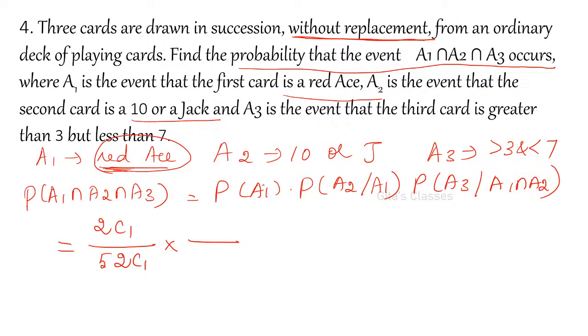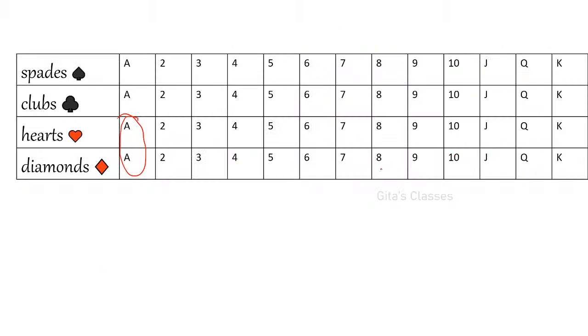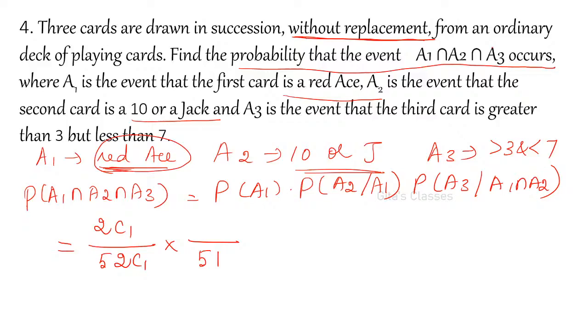Now I am taking this first one. Now after this, how many cards will be left? Only 51 cards are available now. Right? So 51. In that, what is the favorable event? 10 or jack. How many 10s are there? 4. And the 4 jacks are there. Okay. So totally there are 8. So from that I am taking 1. So 8C1 divided by 51C1, into